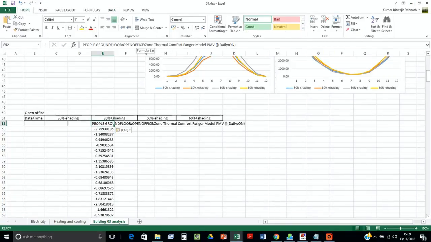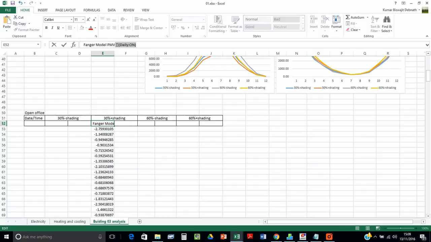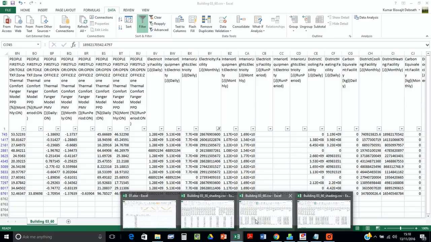We don't need it, just PPD, and the PPD would be